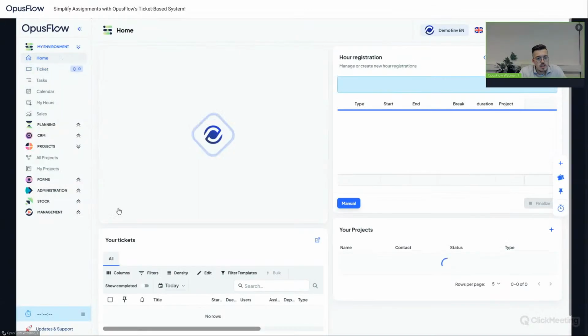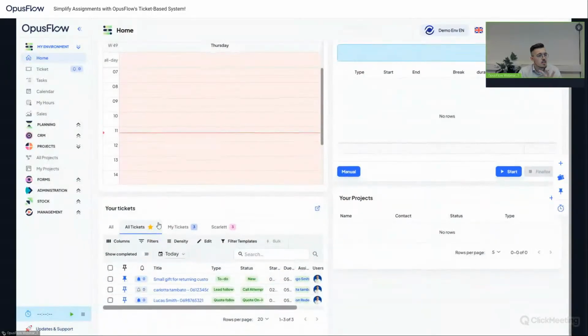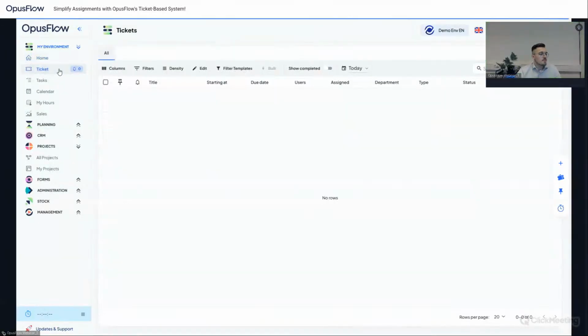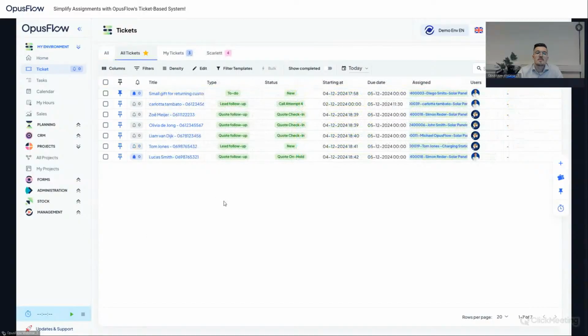And on your homepage, you also have your tickets. The tickets on your homepage are only your own tickets. From the general ticket overview, you can also see tickets from your colleagues. If I go back to this overview,